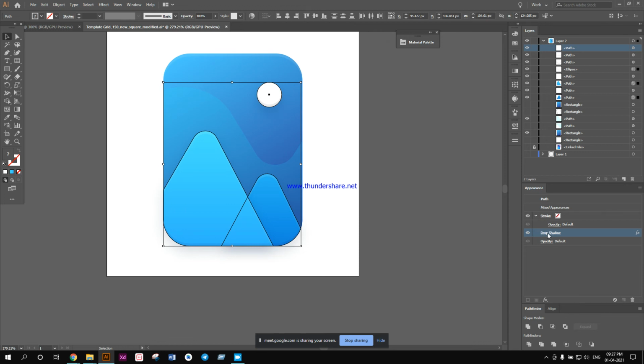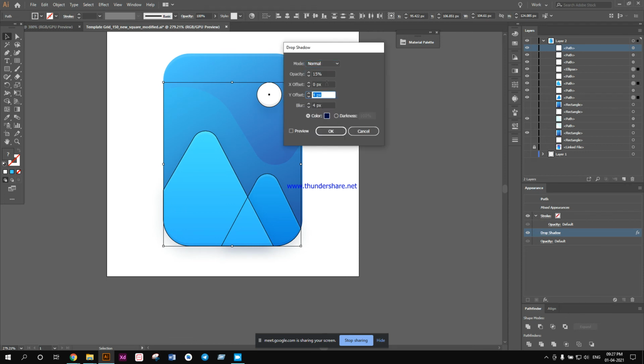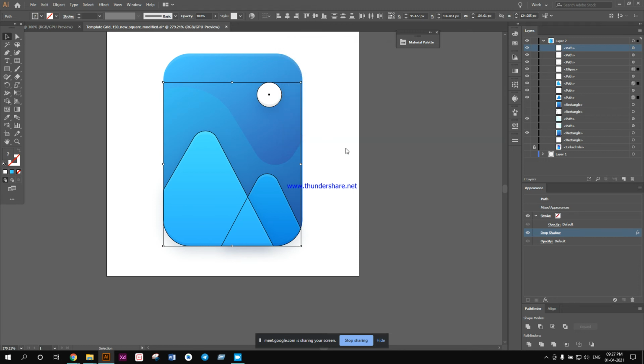Oh, actually, I have to make the y offset 2 and x offset 4 for this one, because the shadow will be to the right side, not at the bottom part. So I want the shadow on the x axis, not the y axis for this design. So I make the y offset less and increase the x offset.